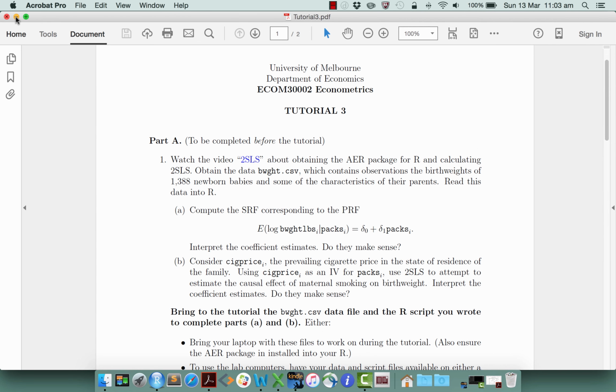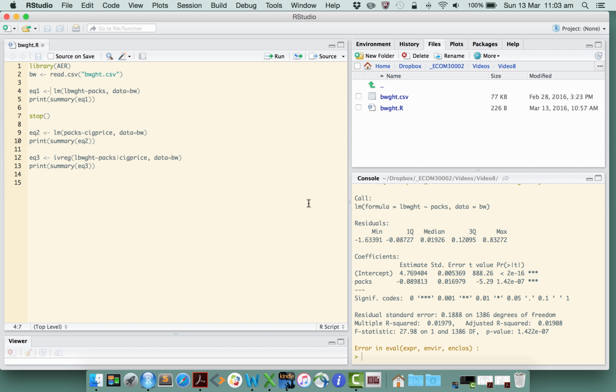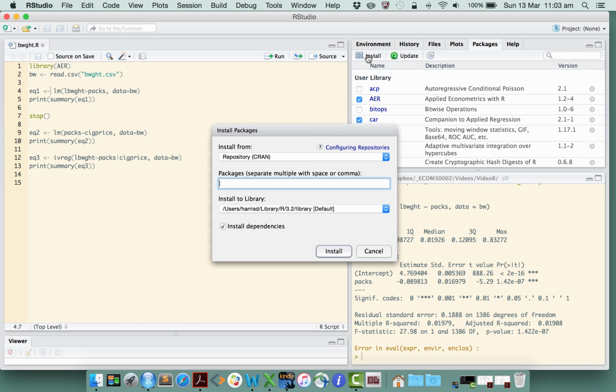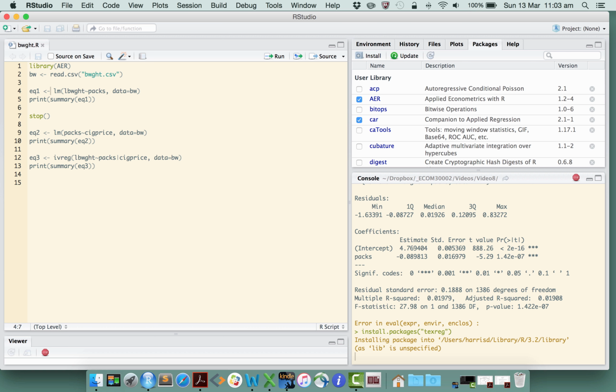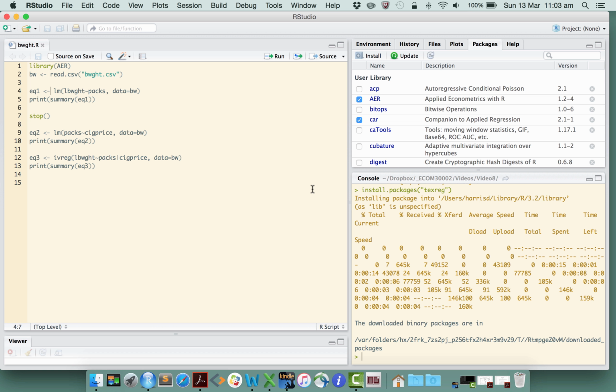So what I'm going to show you is how you can get output like that from R fairly easily. All right. In order to do that, the first thing we need is to grab a new package for R. There's a couple of packages that help you with presenting regression results. The one that I'm going to show you here is called texreg. Okay, so there's at least one or two others. Stargazer is another one, for example, but I'm going to show you this texreg one. And the first time, this is the same as when we did AER, the first time you use this package, you need to do this installation that I'm showing you. Once you've done that step that I've just shown you there once, you're finished. Okay, you don't need to do that again